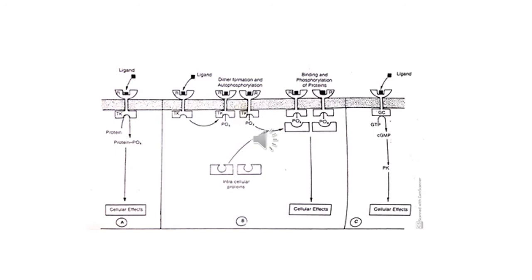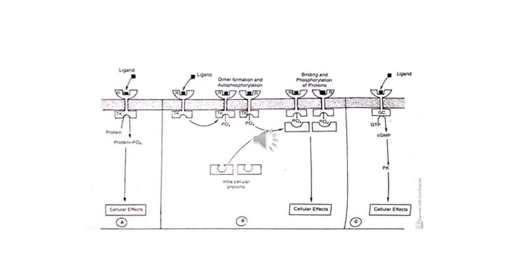So phosphorylation of target proteins may either alter their individual activities or influence their interaction with other regulatory proteins or effectors. Most receptors that are tyrosine kinases phosphorylate specific tyrosine residues on their target proteins. A few receptors with other protein kinases phosphorylate serine or threonine residues. The receptor itself also gets phosphorylated. Please see part B: the ligand binds the receptor, it gets activated, and then the receptor itself gets phosphorylated. This is called autophosphorylation on the tyrosine residues.